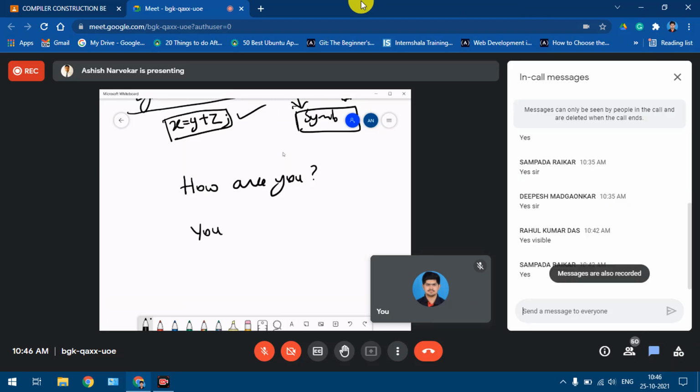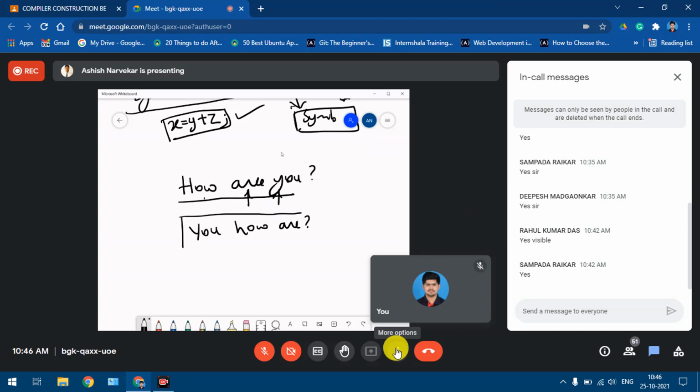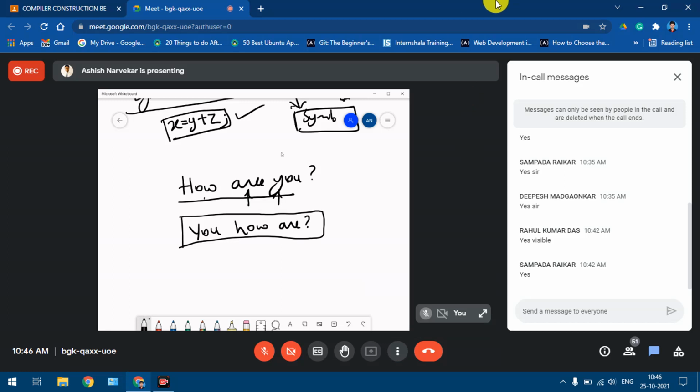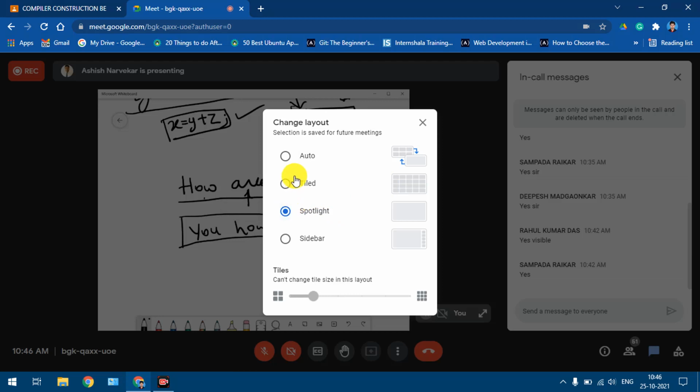Instead, suppose I just type something like "you how are". This is definitely not correct, because there is a certain way in which a sentence needs to be formed: first this particular word, then this word, and then this word. If we jumble them up and form another sentence, of course this can be called a sentence because it is a sequence of words. It's a multi-word statement, so it can be called an English sentence, but it's not a valid English statement. So why do we say it's not valid?